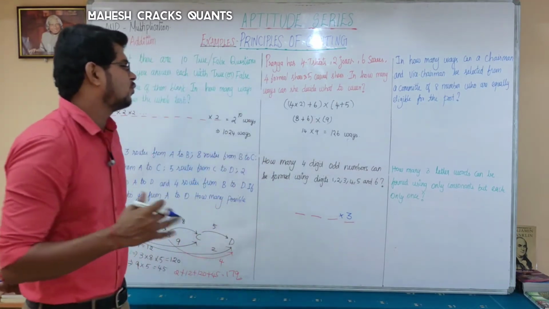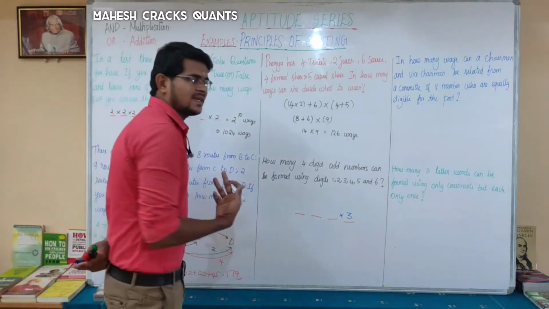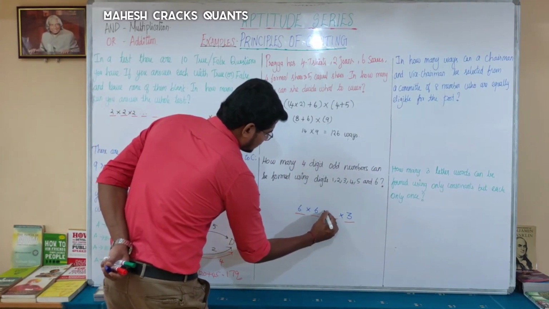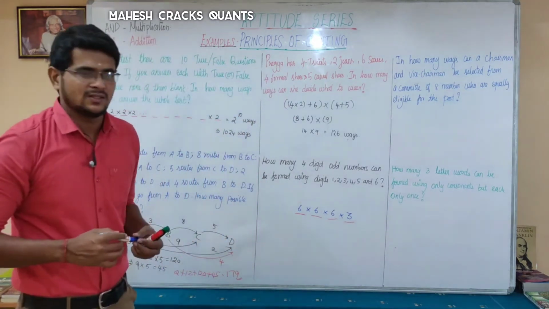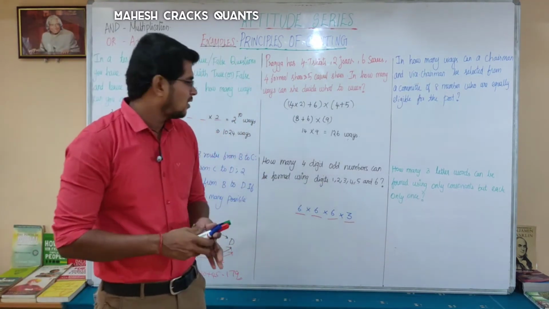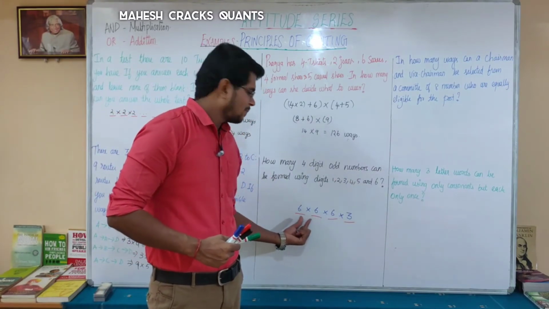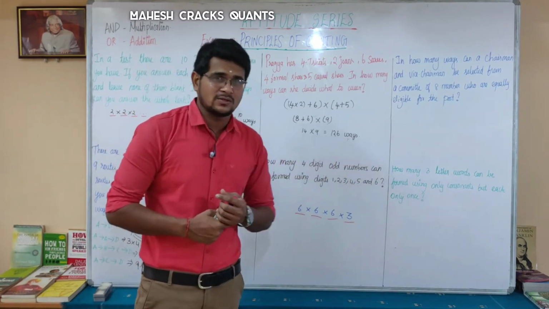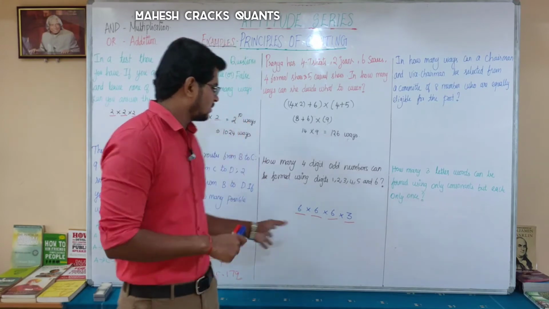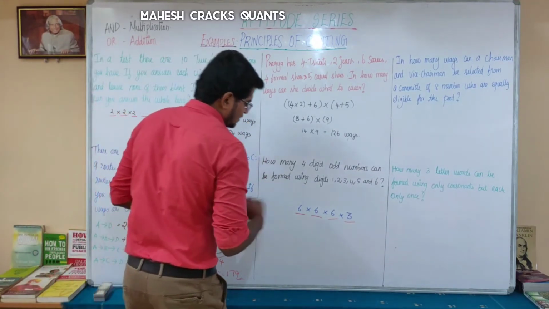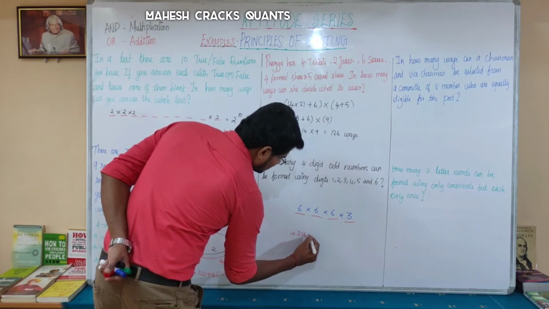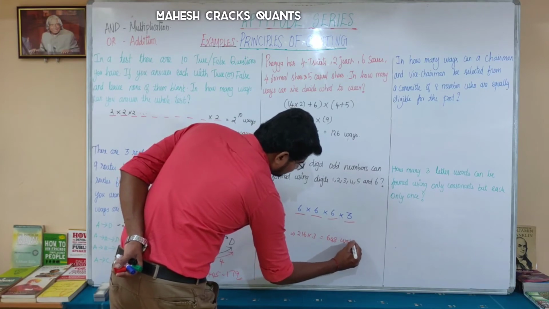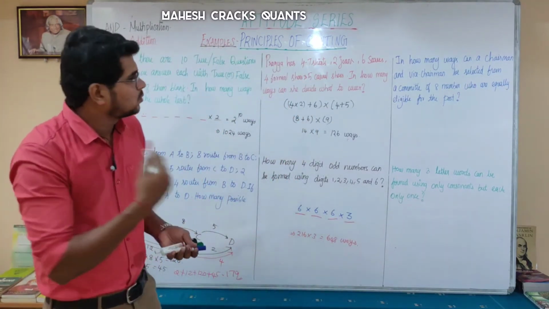And then the previous digits can be anything. So there are 6 choices for the first digit, 6 choices for the second digit and 6 choices for the third digit. There is no 0, so no worries. All the 6 can be placed in the first, second and third places, because the question is how many 4-digit odd numbers, so repetition is allowed. So you get 6, 6, 6 into 3, which will be 648. Okay, done. Let's move on to the next question.